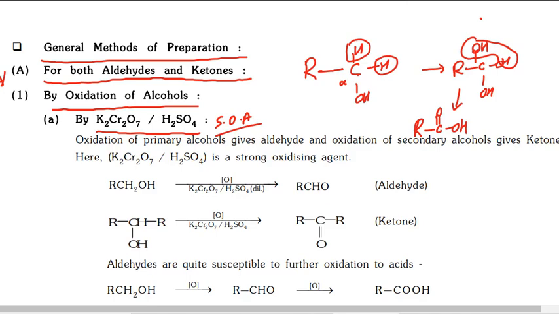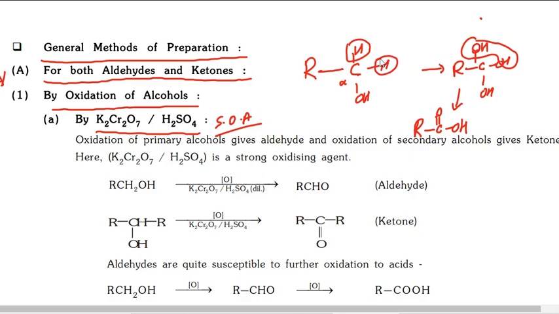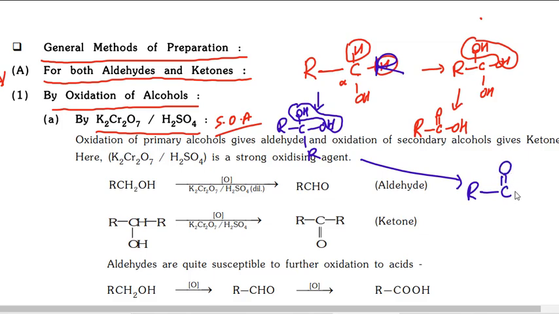Suppose you take a secondary alcohol. You have only one hydrogen here, and the R group is fixed, so it becomes R C with OH and OH, two groups, and another alkyl group. Again, two hydroxy groups on the same carbon are unstable and release one water molecule. Then it forms RC double bond OR. That means here it is forming a ketone.